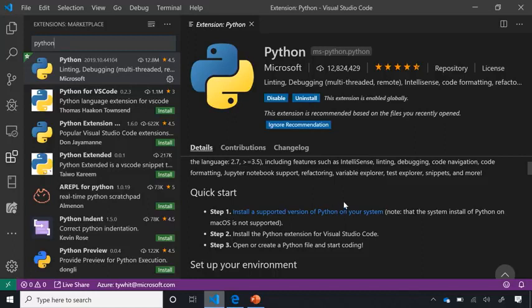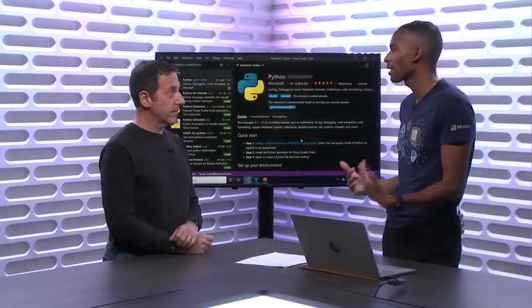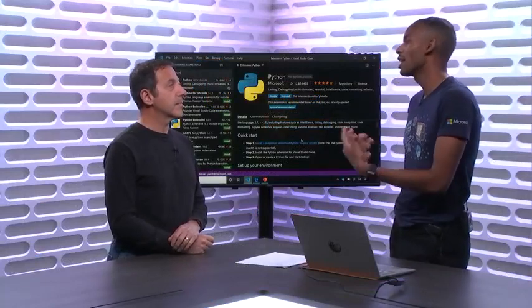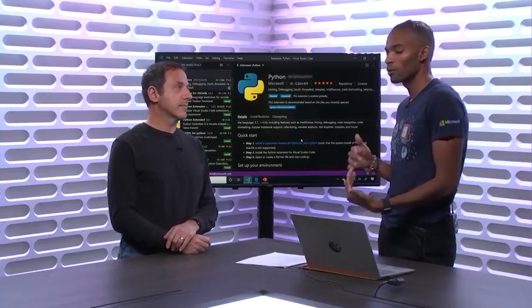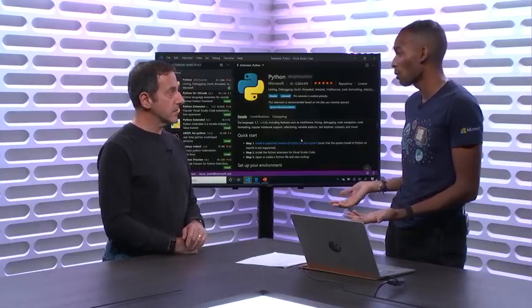Okay. And then the third thing you need is an installation of Python on your machine. Right. One misconception we find is that some people often think that the Python extension for VS Code comes with Python, and it does not currently. And so one way to get around that is, depending on which OS you're on,